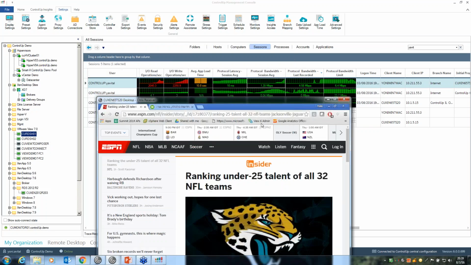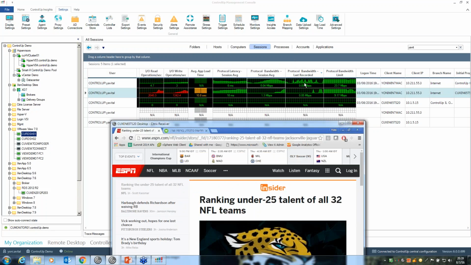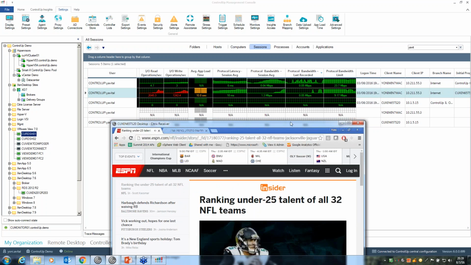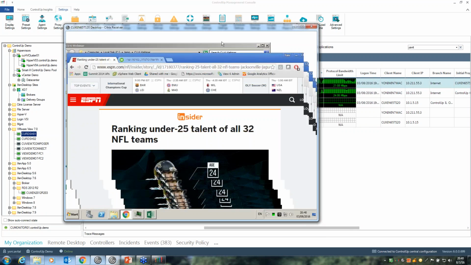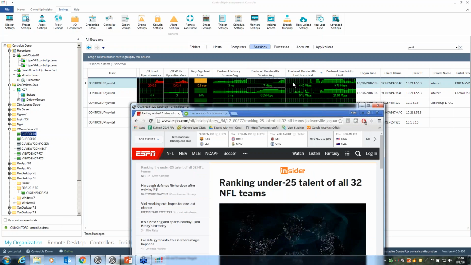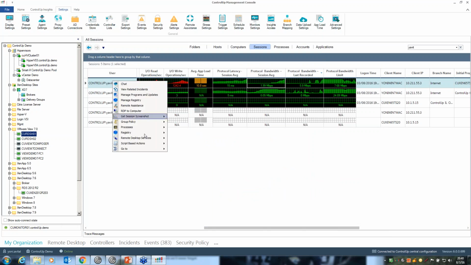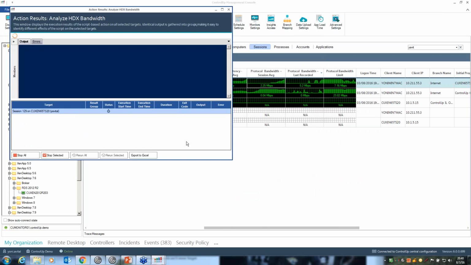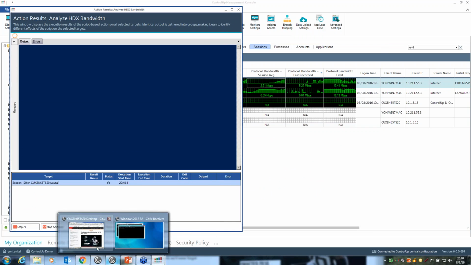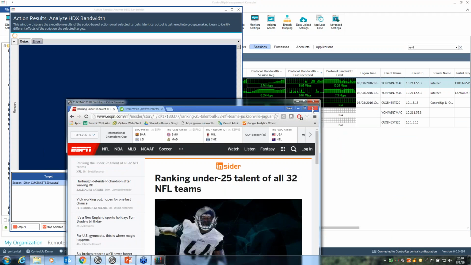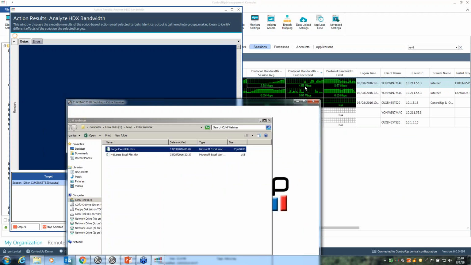Okay, so you can see here in real time the session is consuming a lot of bandwidth. Let me disable the audio again. Sorry. So right, we can see in real time exactly what's happening in user sessions from a bandwidth perspective. As mentioned before, we even have a script-based action which will show you which virtual channel is actually consuming all of the bandwidth. And if I go back to the session and terminate the browser instance, you will see the bandwidth dropping again to a normal rate. So again, I think it's great both for real-time analysis and troubleshooting, but do remember that